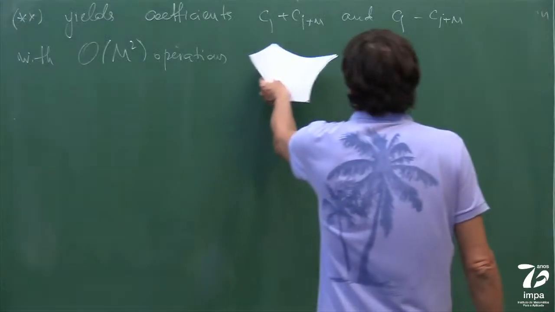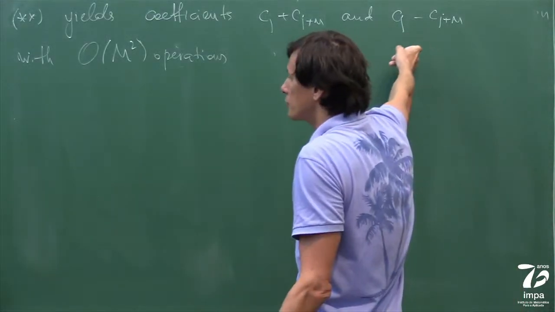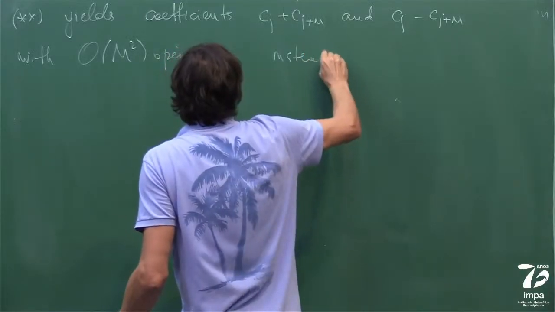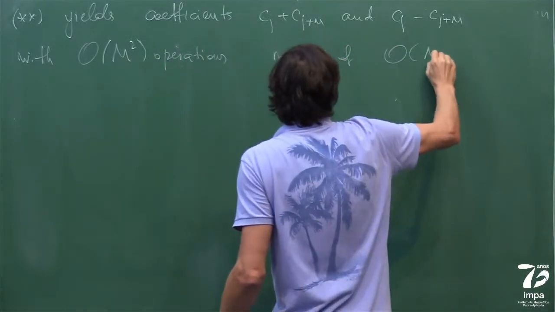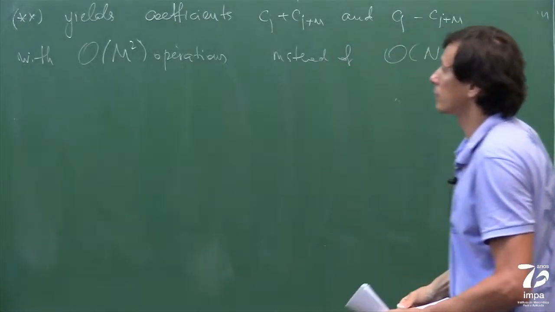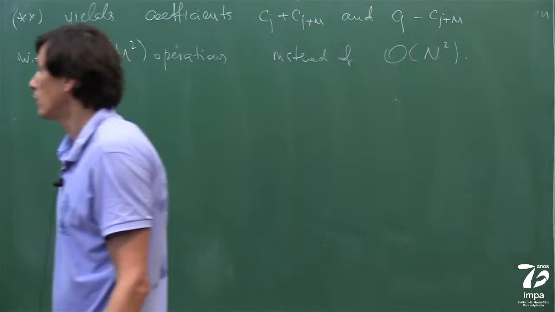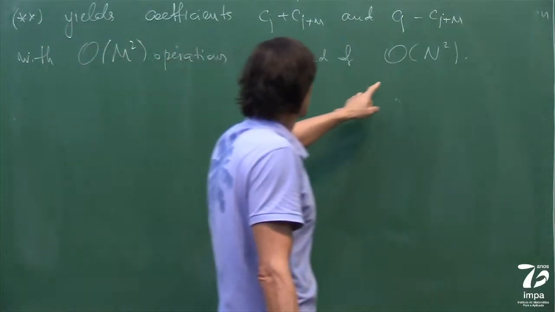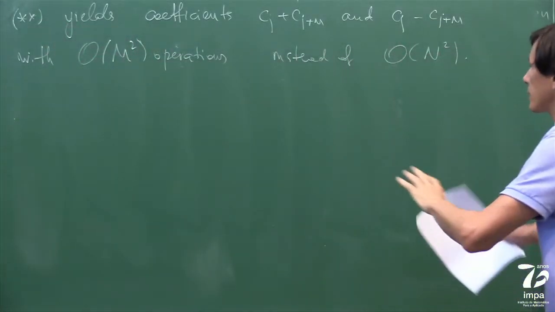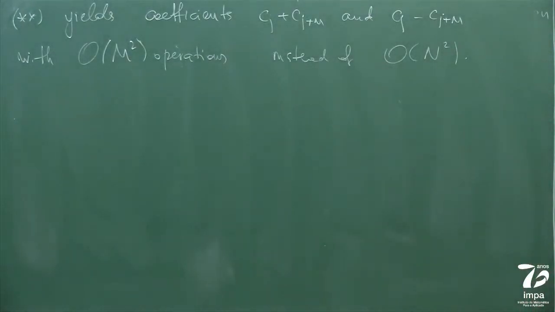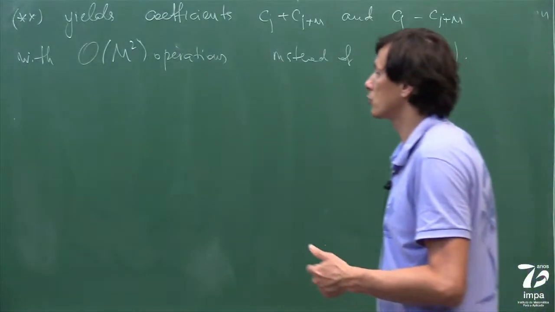So if you have all coefficients, there are 2m coefficients. So essentially, instead of n squared, you decreased the amount of calculations by 2, which from the point of view of the strict definition of big O makes no difference, because it's just a difference by 4. But now we will make it into a difference if we see that actually you can do this